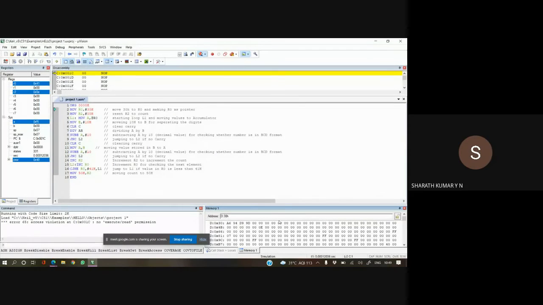Otherwise I have to give 17 values. Better, what I suggest is right click on the 30th location and modify memory at 38 location. You give single numbers, like F, 0, A, C, D, 1, 2. That's enough. From 0 to F you can give the numbers. You need not give bigger numbers like D9.